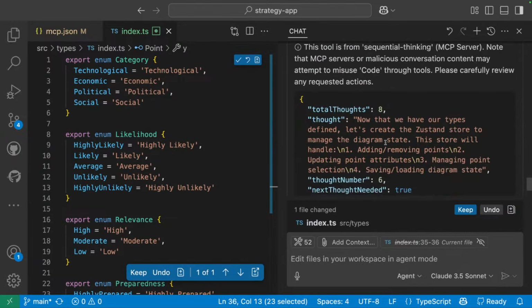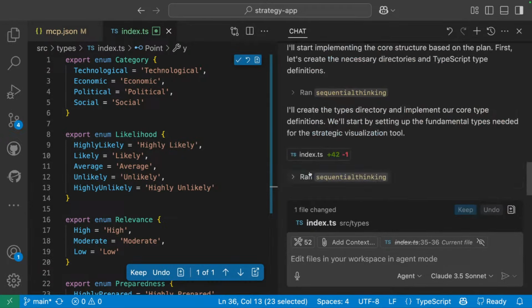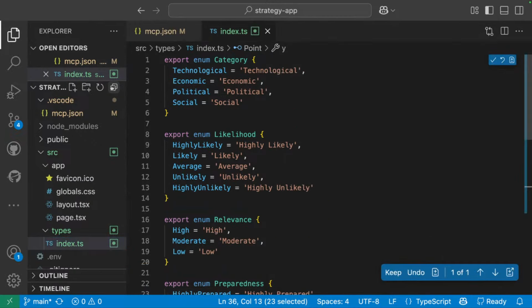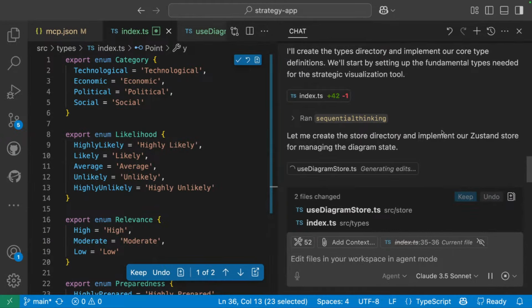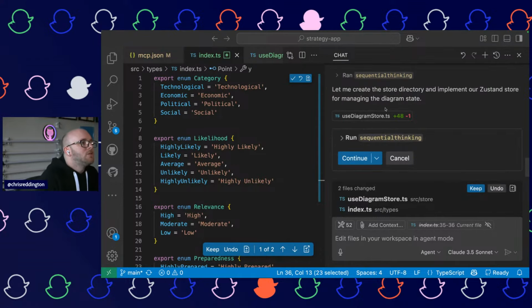All right, so now that we have our types defined, let's create a Zustand store to manage the diagram states. Yeah. Okay. I guess, yeah, it did create that in a types folder for us as well. Nice, good. Let me create the store directory and implement a Zustand store for managing the diagram states.